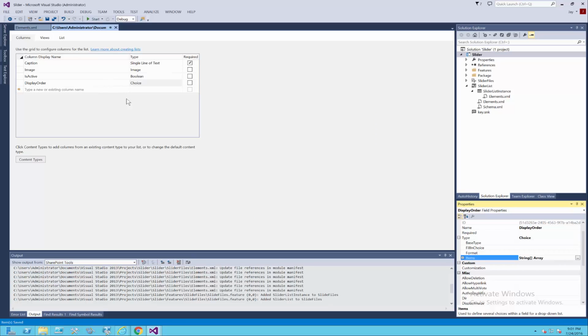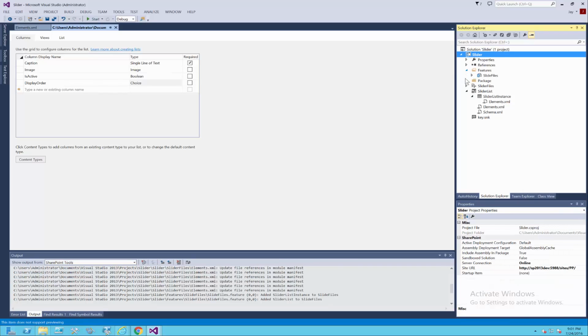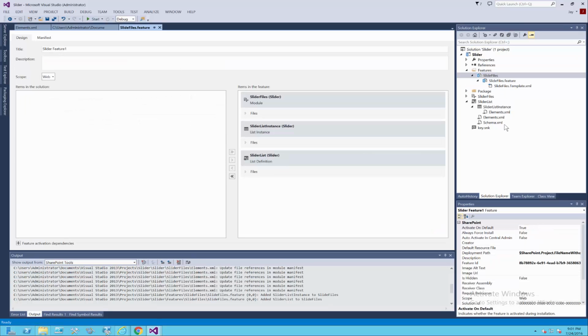And that's pretty much it. This is the list. We'll have a caption here, and this will be image and is active, and display order. Is active is to tell whether the item is active or not, and with display order, we could get the items in a particular order based on this. Okay, now we have